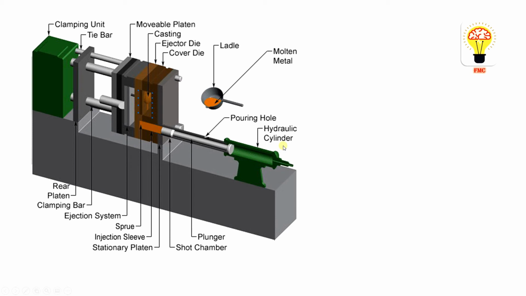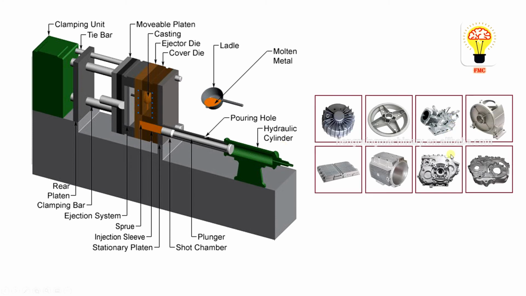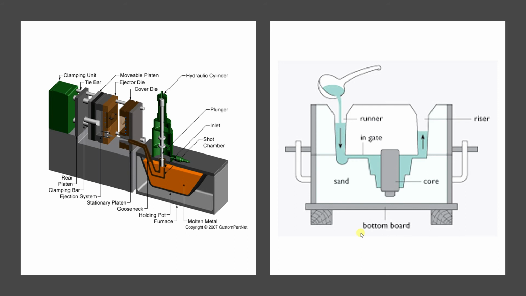So what about the material handling capacity? Here also we can make a lot of things like the casing of an induction motor, IC engine parts, you can see gearbox and other things, but the materials are aluminum and brass, right? These are also low melting materials, but compared to the previous one, they have a higher melting point, right?